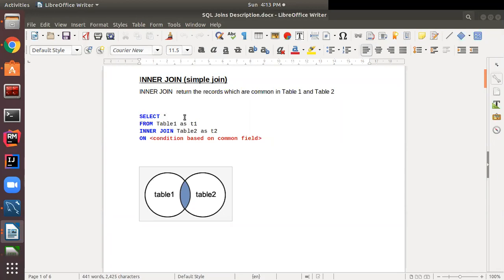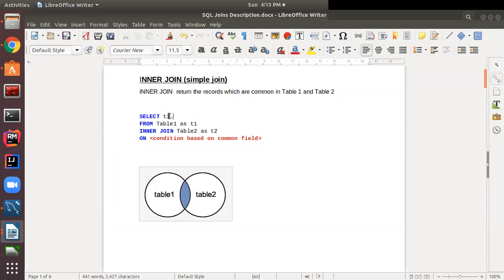And then after that, from table 1 as T1. Here I am giving a short name to table 1 as T1, so that whenever I want to retrieve a column from table 1, I will specify it through T1 like this.